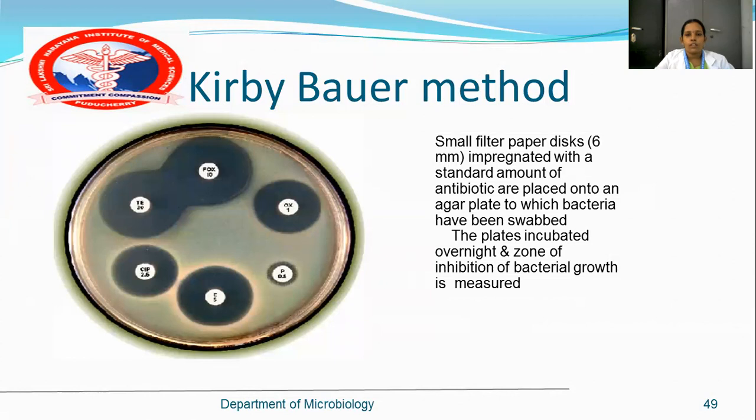And automated methods are also there. Bactec, and for antibiotic, everything automated is there. Midget, and for tuberculosis. Okay, here this is a Kirby-Bauer method. Here they have to streak the plate, called Mueller-Hinton agar plate, we are using. Mueller-Hinton agar plate we have to use for antibiotic sensitivity testing.